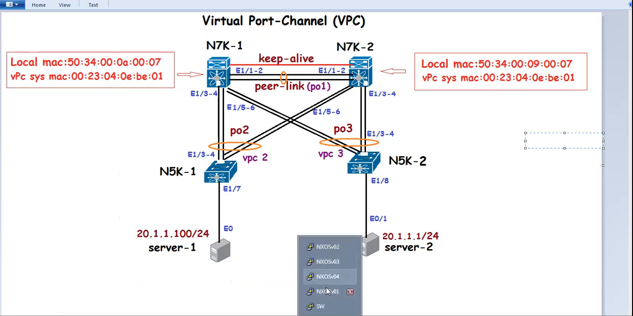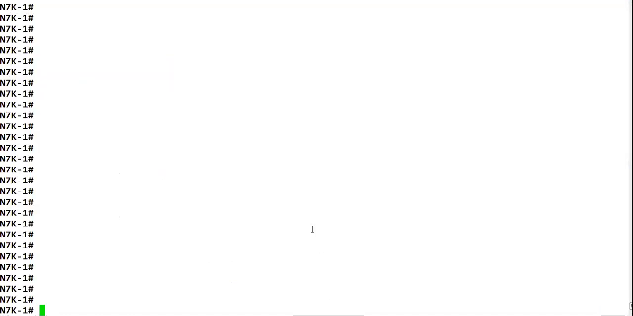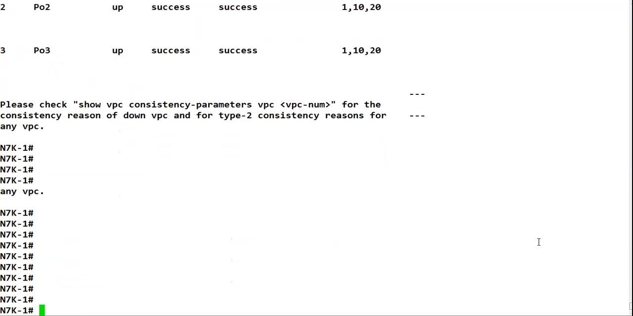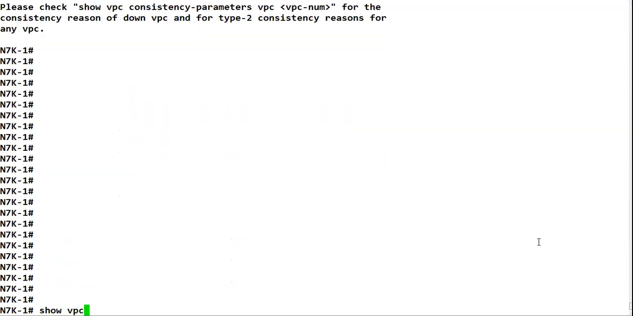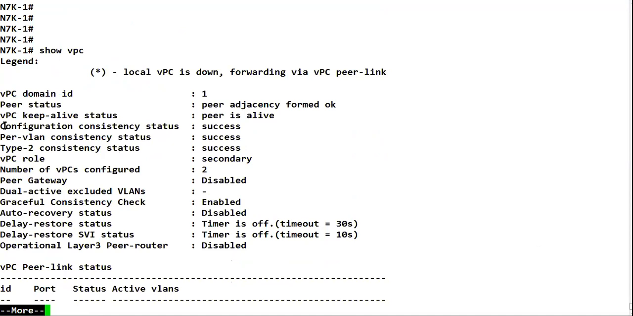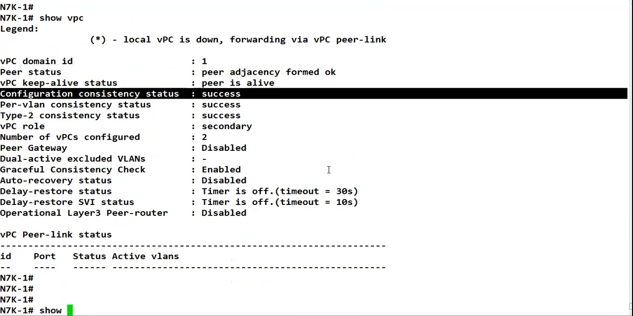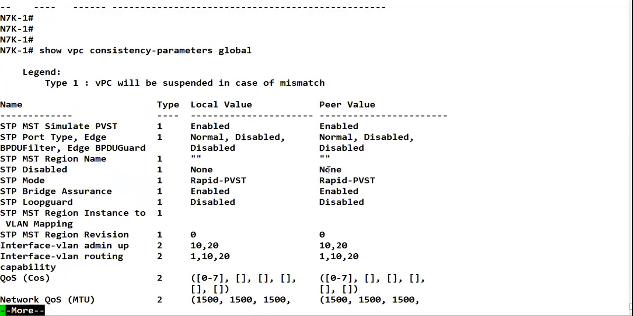So we were discussing the consistencies, right? If I do a show vpc, we can see there are some consistencies mentioned. There are two types of consistency. Let's first discuss the global consistency. If I do a show vpc consistency-check parameter global, you can see here there are